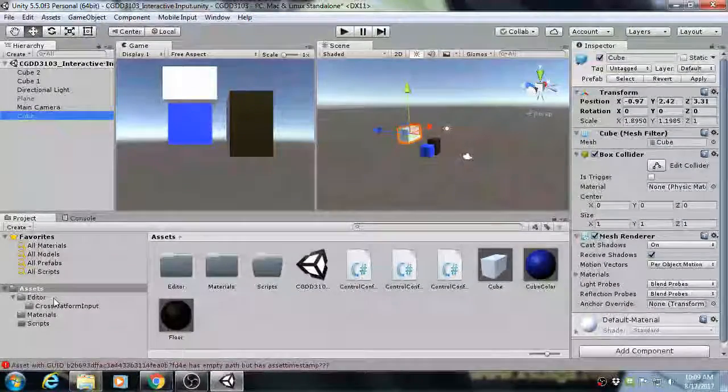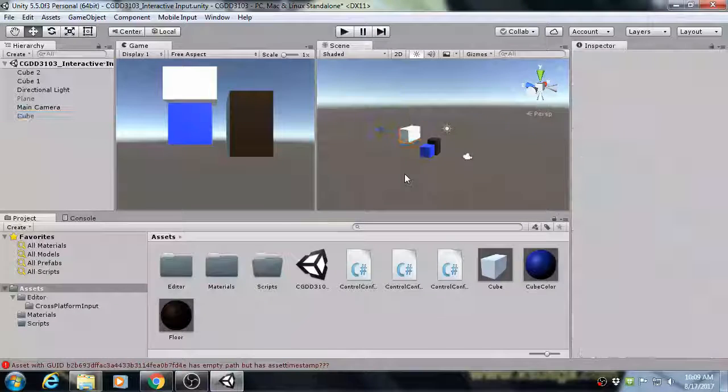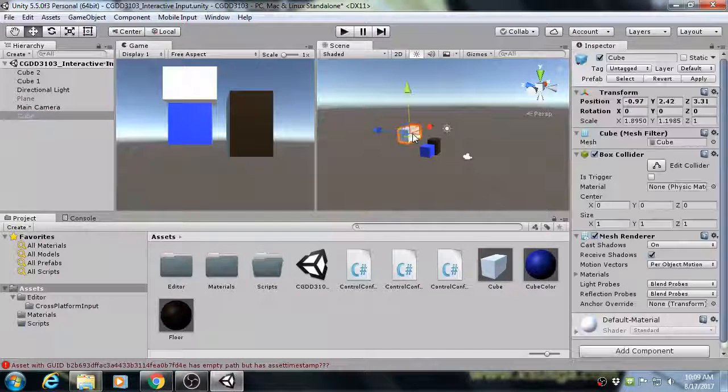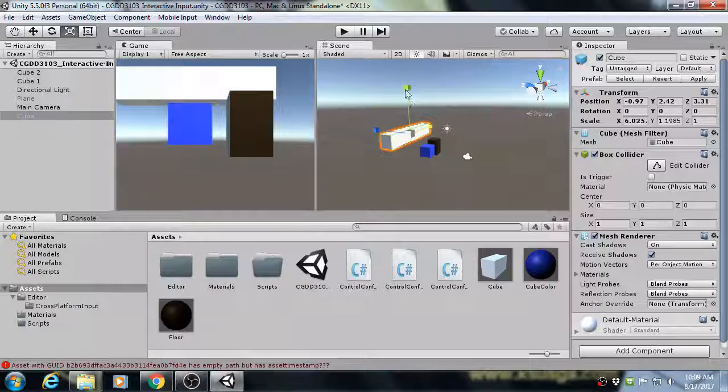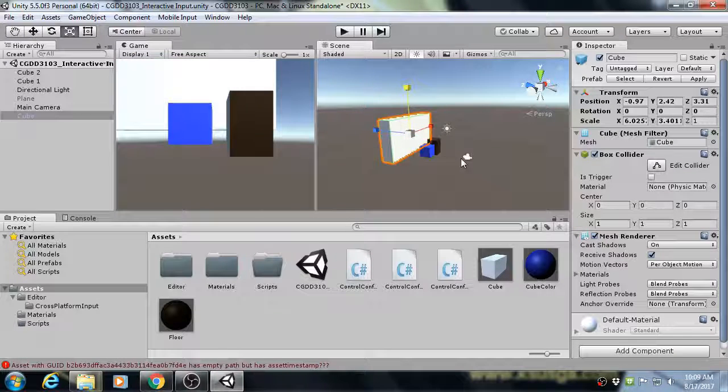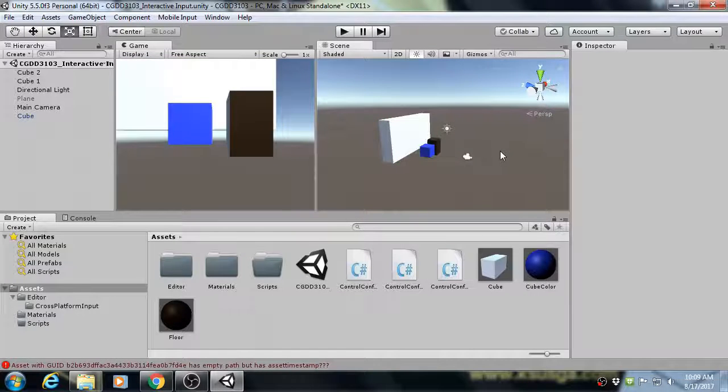So what is a prefab? Prefab means, see, since we adjusted this cube a little bit, we may want to use this sort of cube again in some other place. Like this is a wall. We may want to use this wall again in some other place. But we don't want to